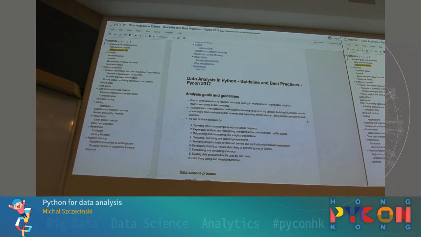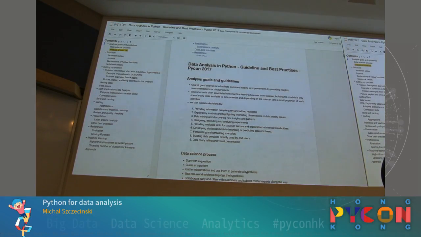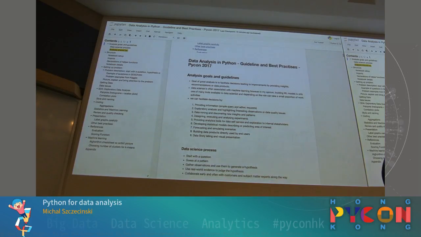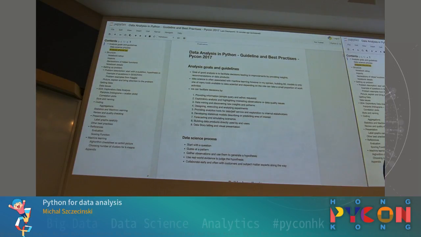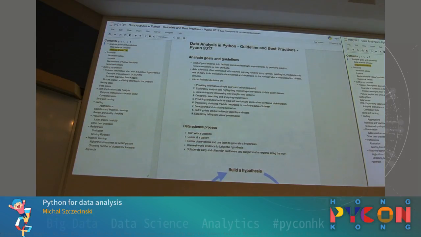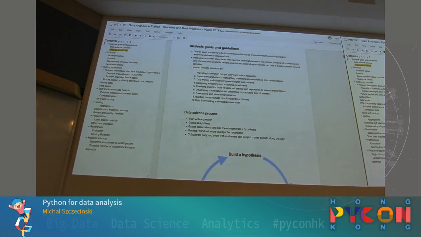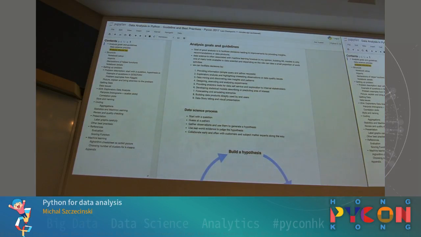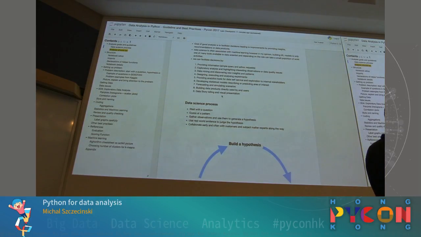But I think there is much more to data science: even basic providing of a simple query and ad hoc requests, exploratory analysis, data mining, trying to find insights and patterns, designing, executing and analyzing experiments, building analytics tools and data self-service exploration tools that stakeholders can use, developing statistical models, forecasting and simulating scenarios, building data products like recommendation engines, and data storytelling and visual presentation. In this notebook, I am only focusing on exploratory analysis, data mining,